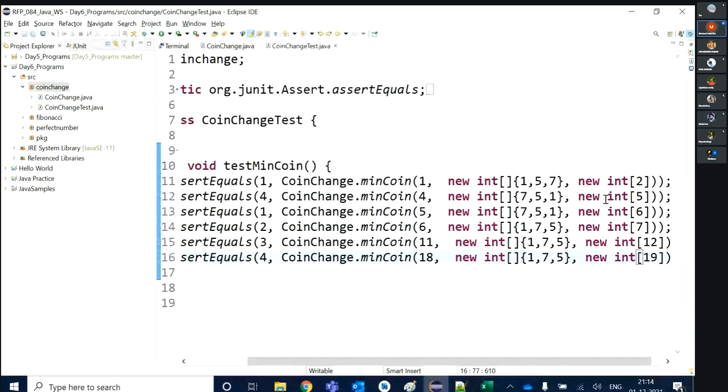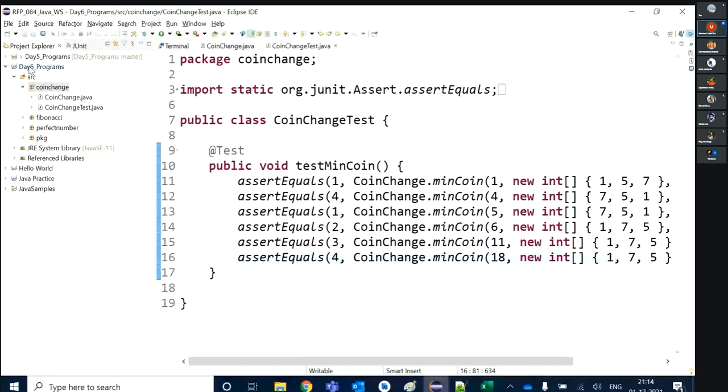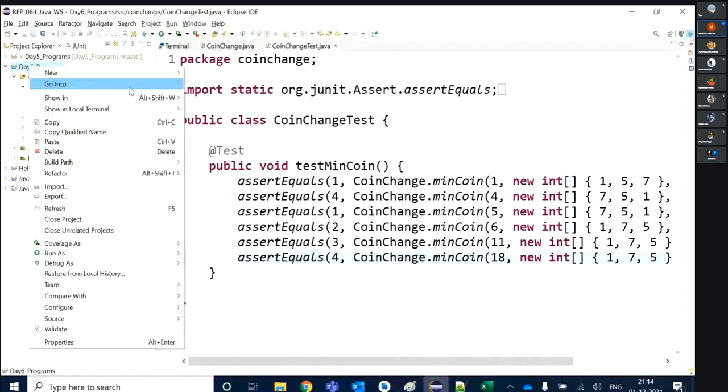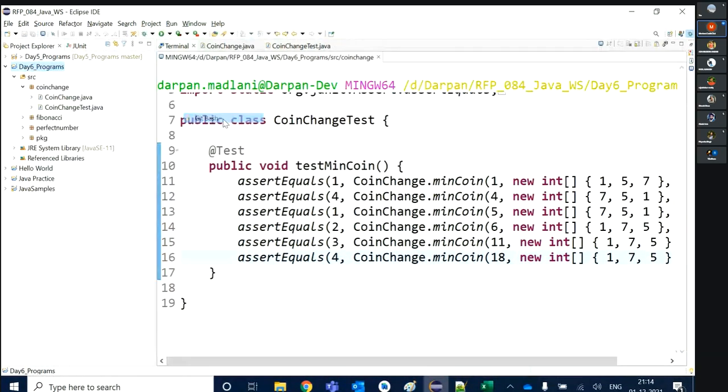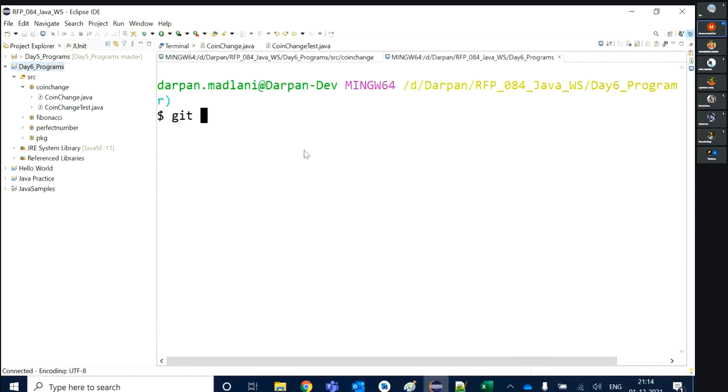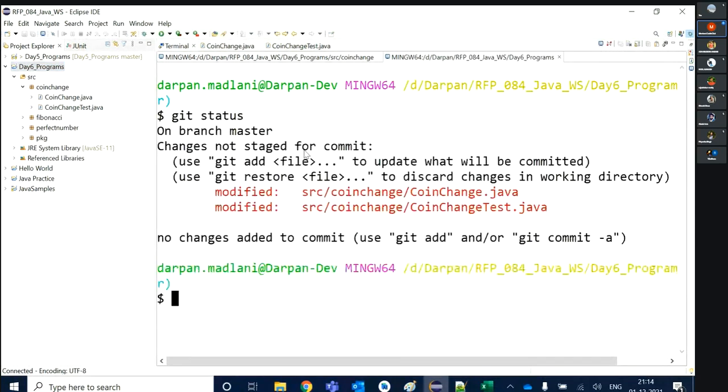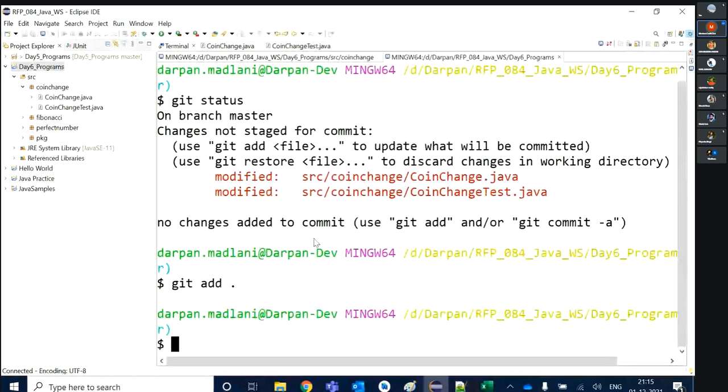Okay, so I'll upload this program to GitHub. You guys can get it from the GitHub profile. Let me upload it. Push with the git status. This much changes are there. Git add dot and git commit -m coin change problem is resolved.